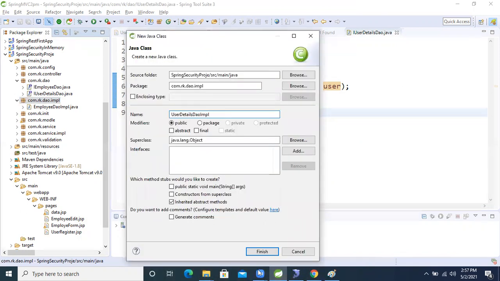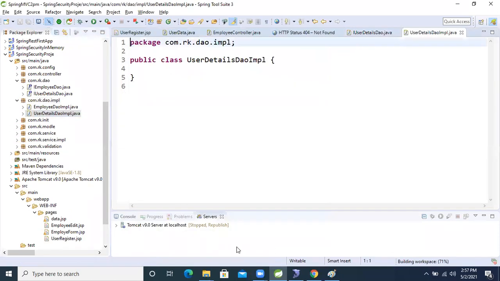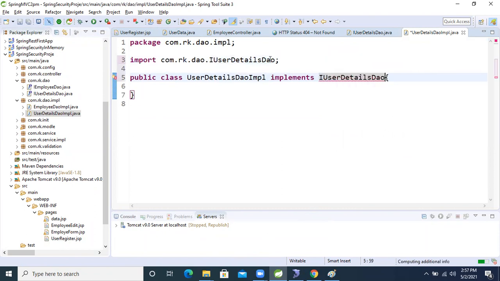We are following the coding standard, guys. Next, we will implement the IUserDetailDAO interface.